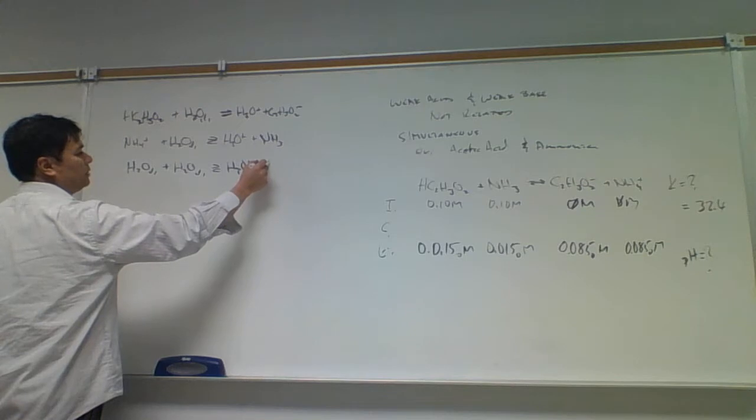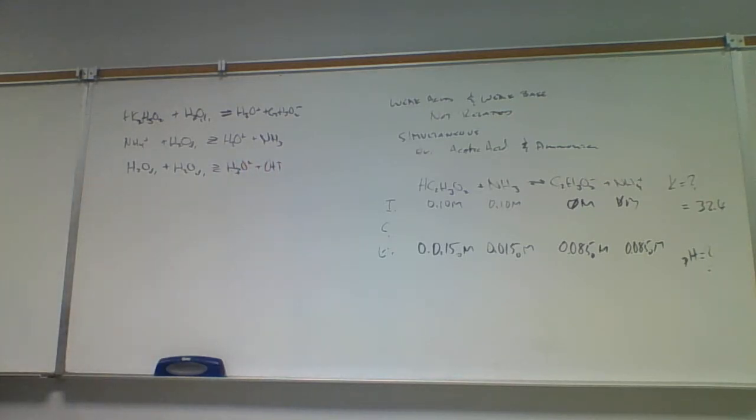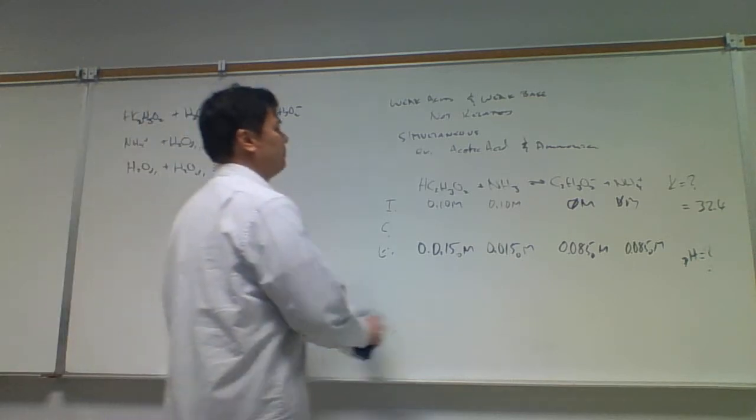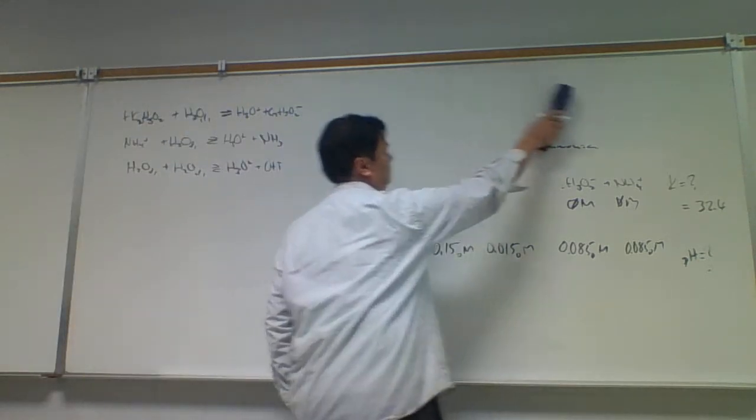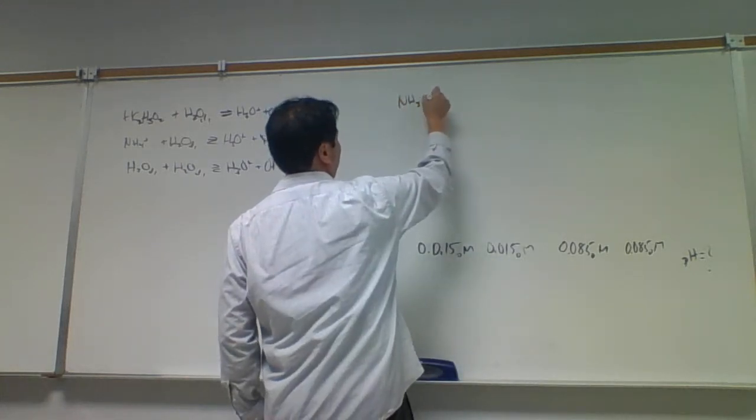And so what would I try to do? I would try to do this stepwise, right? I'll try to do it stepwise and then see what happens. But then again, I have this hydronium from these 3 hydronium ion producers, but I also have ammonia. Ammonia is a base, and bases hydrolyze water to produce hydroxide. And so I got this ammonia here, and that's going to hydrolyze water